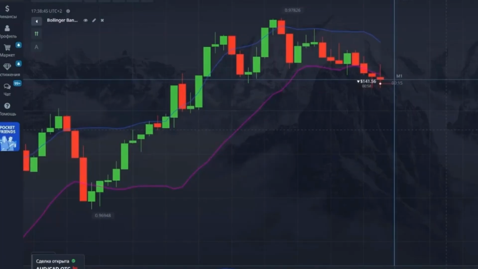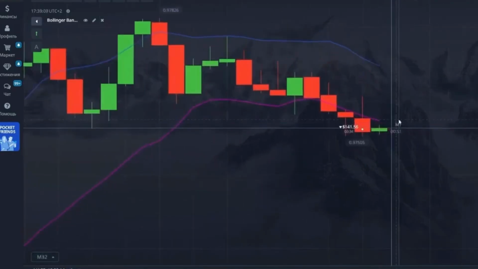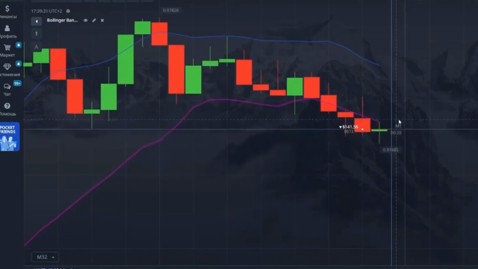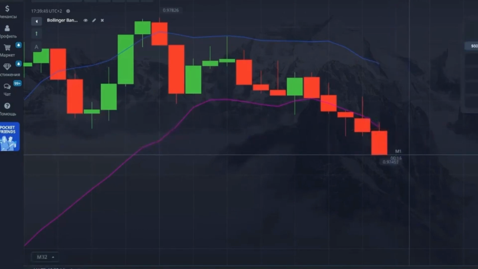We've opened a position on the AUD-CAD currency pair. The entry point is for a decline. We can see on the chart that the MACD has crossed the histogram and it's been below the 0 line for a long period already. Also, on the Bollinger Bands, the chart broke through the purple line and moved below this indicator. This is a very strong signal for a decline, and most likely we'll take it because a long-term bear market is forming here. This tells us that we have 5 seconds left until the close, and we're taking